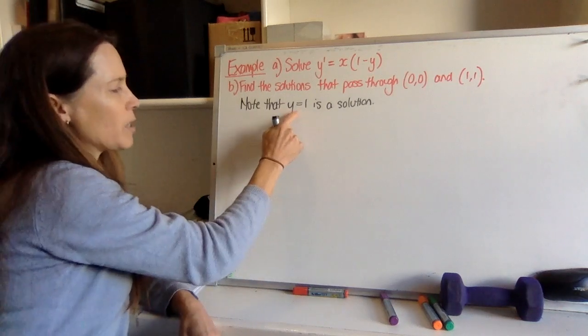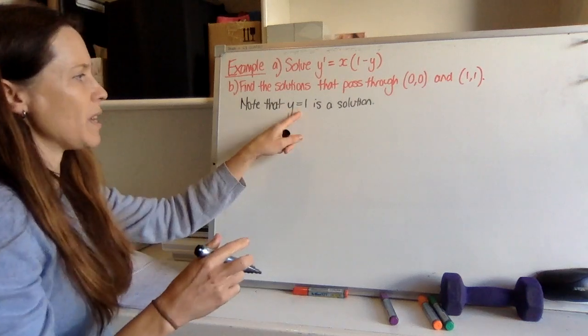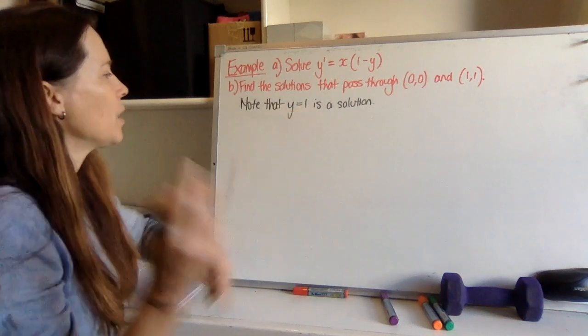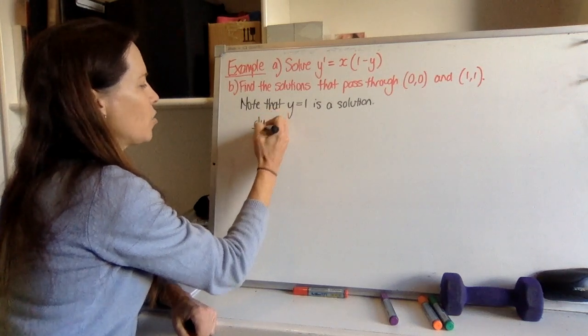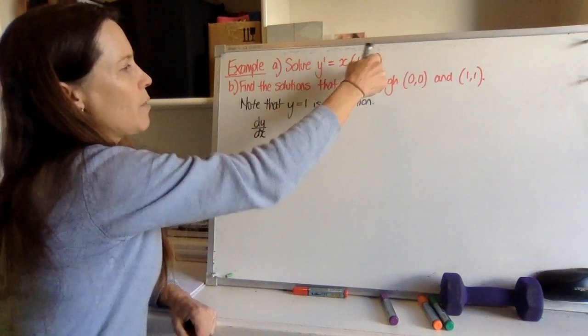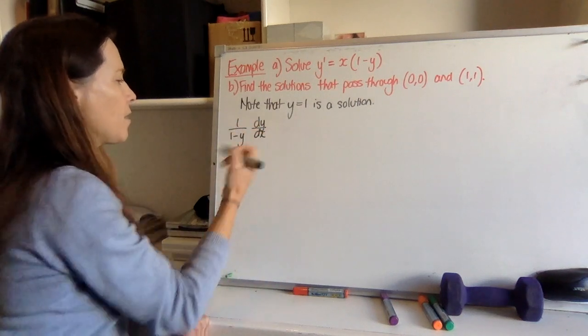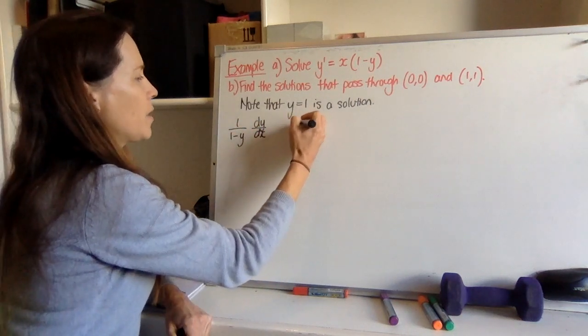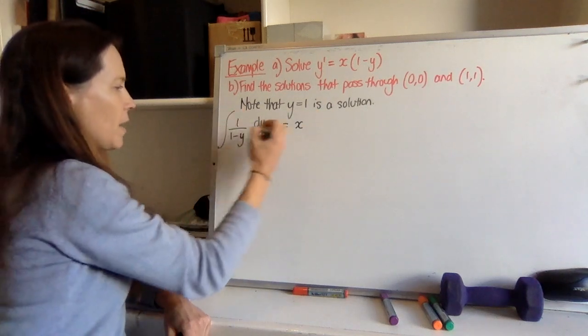So we need to first specify, well, y could be 1, that's a solution, and then all the other solutions will be assuming that y isn't 1. So we note this one, and then we do our usual steps, change y dash to dy dx, divide by our function of y, so we've got 1 over 1 minus y over this side, and over this side we're left with our x, we'll leave a little bit of space, and now we can integrate with respect to x